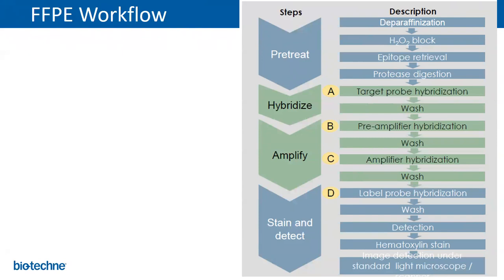So for all these pre-treat steps, do you recommend using RNase-free water for preparing fixatives or alcohol? Yeah, good question. The question was, do you need to use RNase-free reagents in the preparation of these materials? No, which is kind of crazy. If you have an in situ background and you were super careful about making DEPC water and using RNaseZap and keeping everything clean and making sure no one sneezes on your samples, it doesn't hurt to use RNase-free water or RNase-free preparation, but we don't need it because